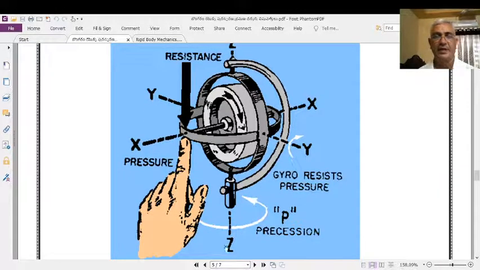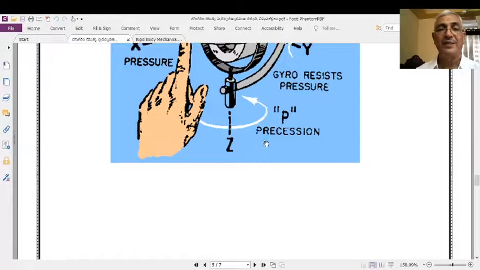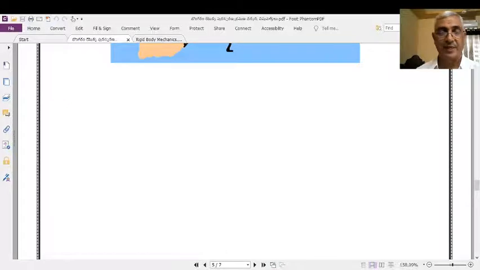Therefore, as shown in this diagram, when this rotor spins, the axis of the rotor, that is the x-axis, can oscillate in x direction, in y direction, and also in z direction. It means that it can oscillate in this direction or in this direction, and according to its oscillations or motion, the intermediate frame and the outer frame both will move accordingly. This is the construction of one gyroscope.